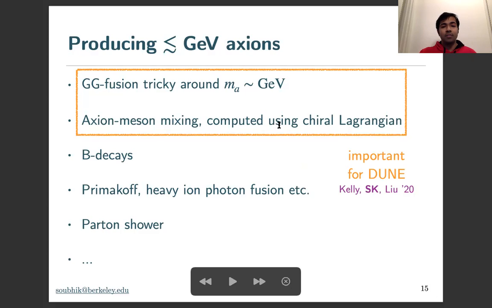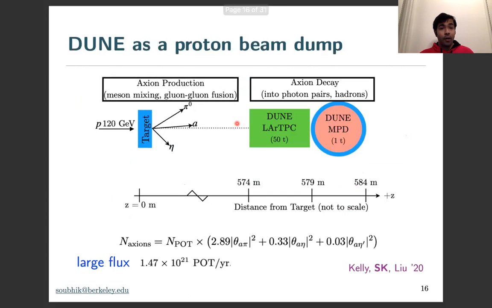So we'll discuss both of these in some detail. But again, we can also have axion production from decays, Primakoff type production, heavy ion photon fusion, and also axion production in parton shower. But we believe for DUNE, these two production mechanisms would be the important ones. And that's what we'll focus on for now.